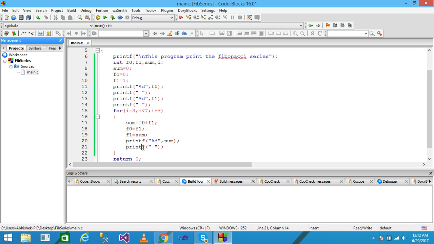Okay, and take the space, and control again comes here, and the value of i is incremented by 1, and